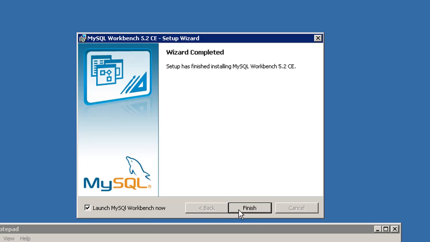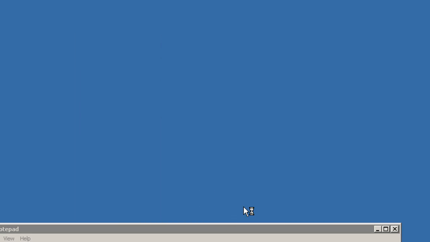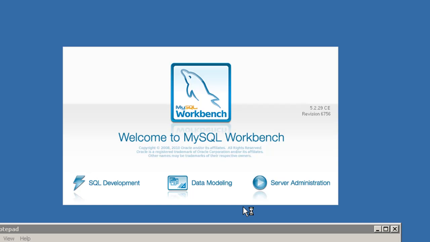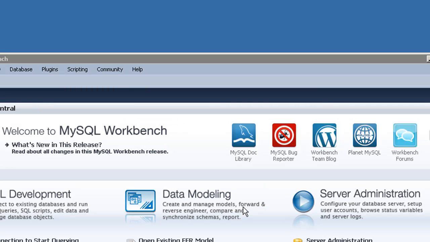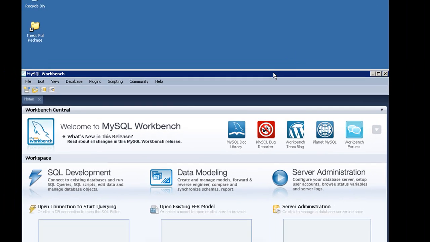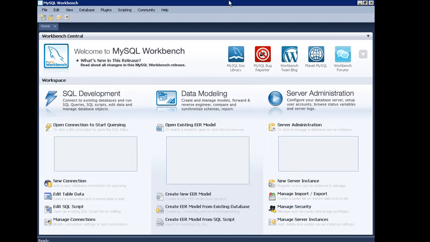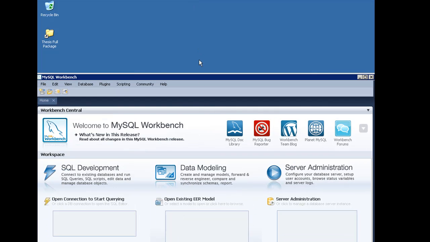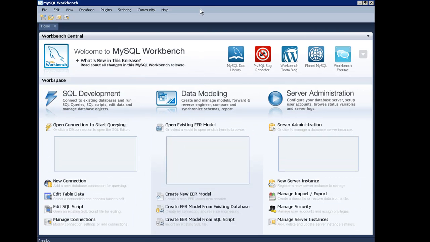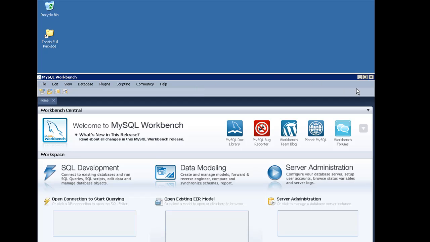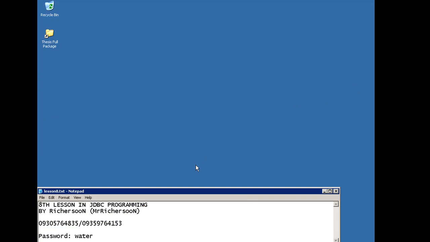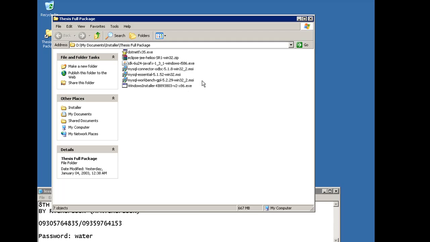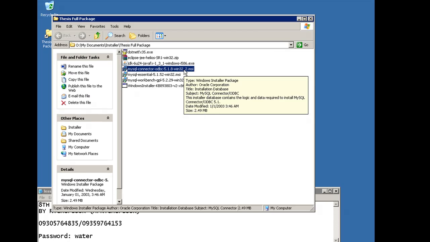We want that, so click finish. This is the environment of MySQL Workbench. If you're new to this, don't be worried, this is very easy to use. We will minimize this. We will now install the last one, the MySQL Connector ODBC.